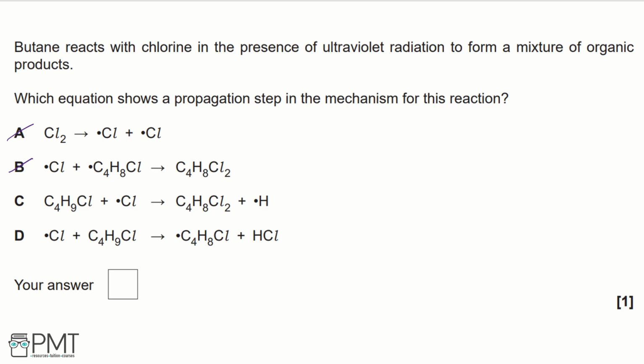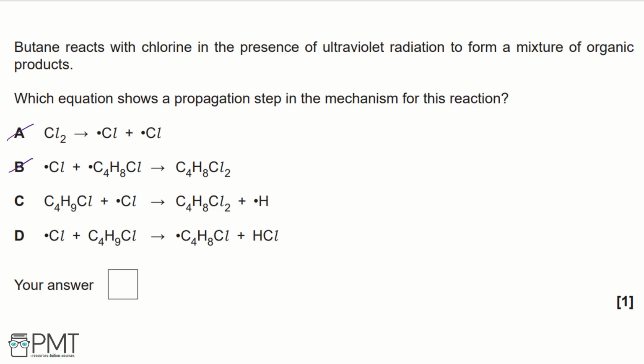However, looking at C, we're producing a hydrogen radical, and that is very unlikely in free radical substitution. It's much more likely that you would form hydrochloric acid, or HCl, and C4H8Cl as a radical, which would then continue in your second propagation step, where this radical would then react with